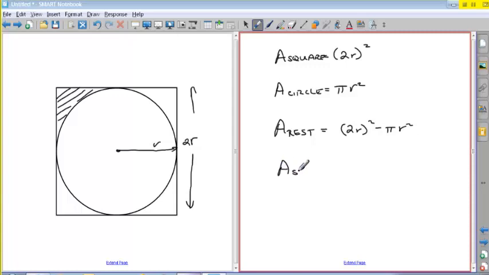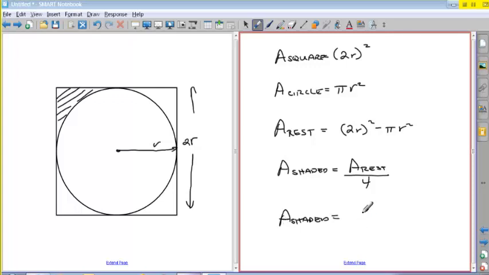To find the shaded area, you have to take the rest of the area that's left over and divide by 4, because these are all the same size and shape, they're just oriented differently. So if you plug all that stuff in, you'll get the answer. So all you really have to do is the final answer, the shaded area,